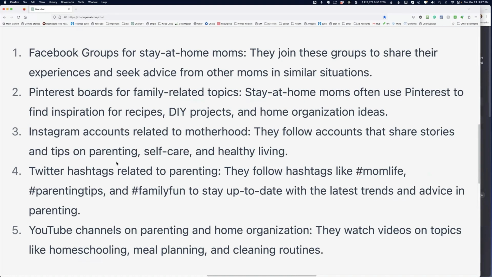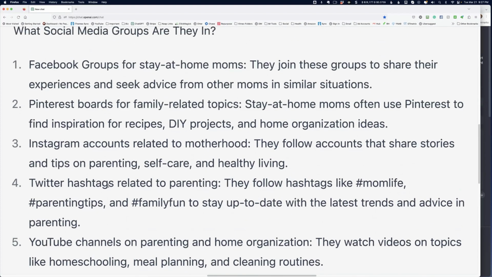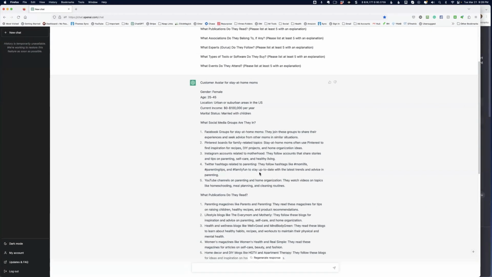Like, this is where these people are hanging out, okay? Twitter hashtags related to parenting. They follow hashtags like mom life, parenting tips, family fun, to stay up to date with the latest trends and advice in parenting. Now, here's why all of this is so important, especially when you start to get into paid ads,